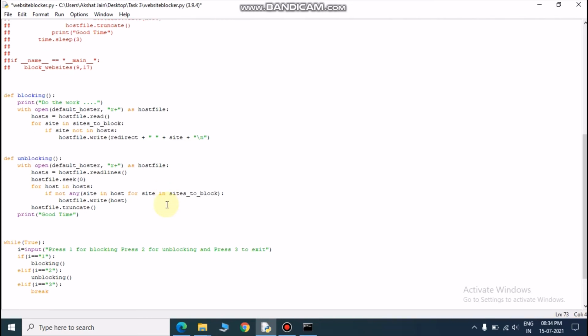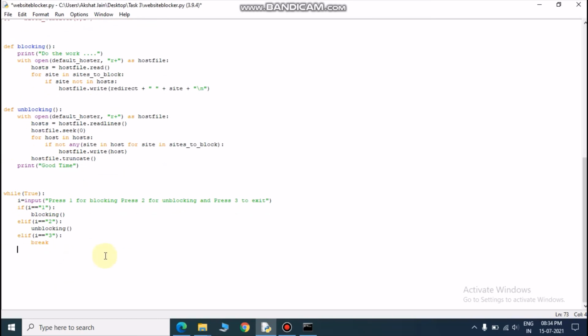Now what if we press something except these 1, 2 and 3? We should not get any error, so we must be prepared for that. So I will just add an else statement and handle that error. If we press something which is not in the range 1, 2 and 3, this code will run again.